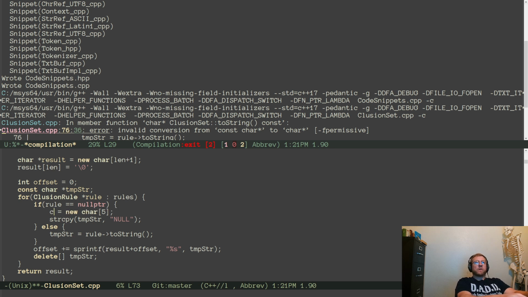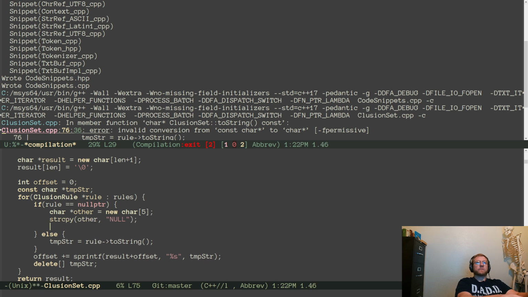We'll make a string equals new char 5. Texture equals other.